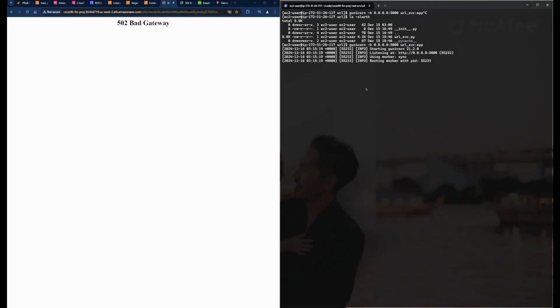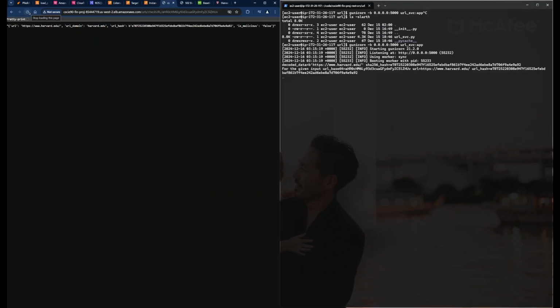Now that the service is running, we can refresh the page here on the left pane, and it should provide us the results. As you can see, the endpoint to check the URL is here, and then the actual URL part is the last value here, and then it returned the results with URL, domain, hash value, and then whether it is a malicious URL or a good URL. Here the value is harvard.edu,